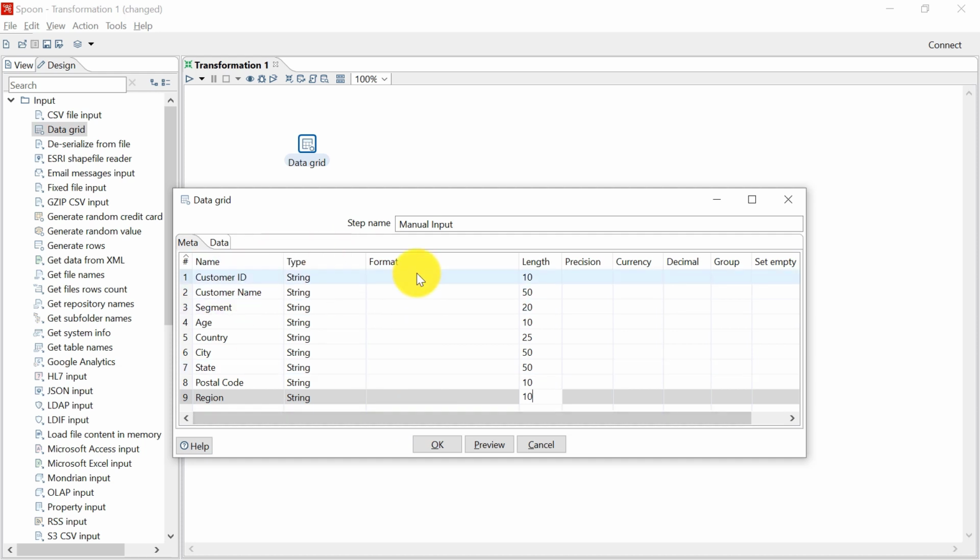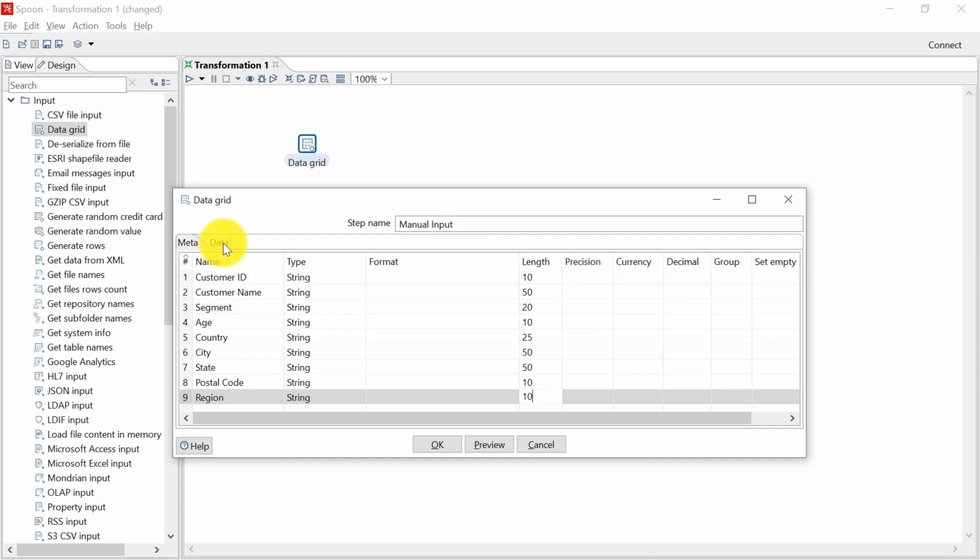So this is the metadata of the actual data set. It contains the variable names, the type of each variable, and some information about that particular type. So if it is a string, we need to mention length. If it is a decimal type data, then we need to mention the precision also.